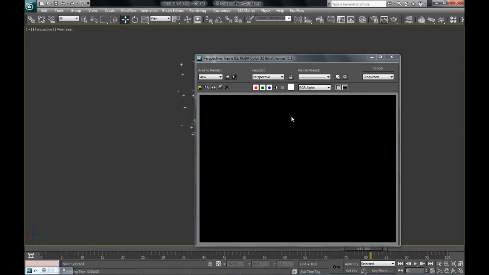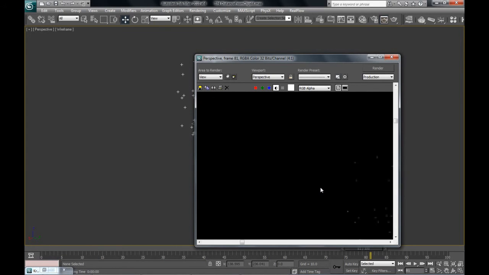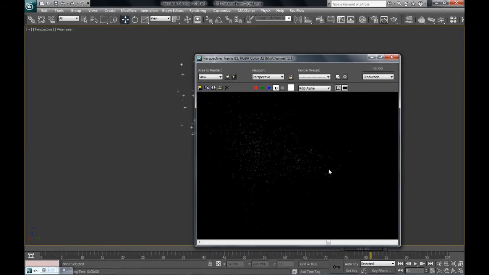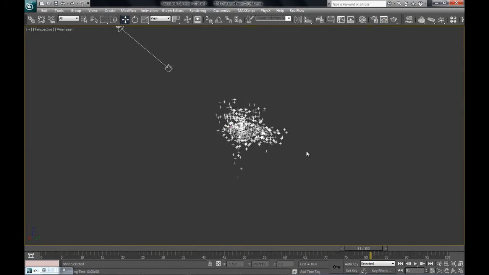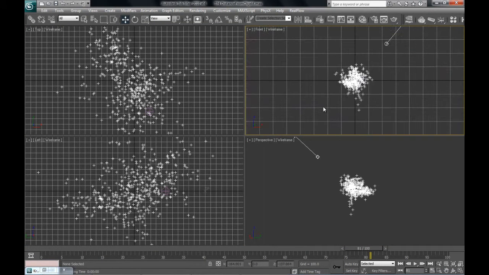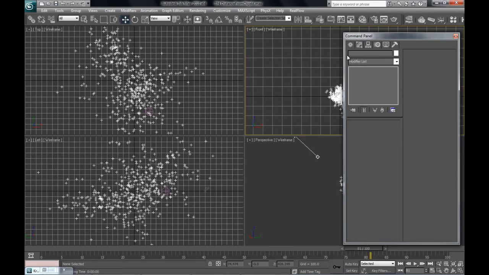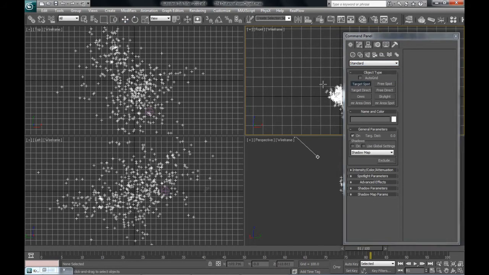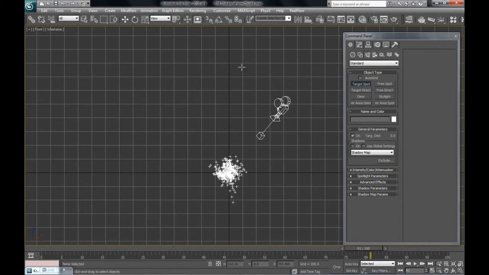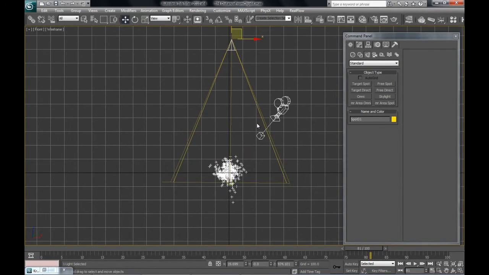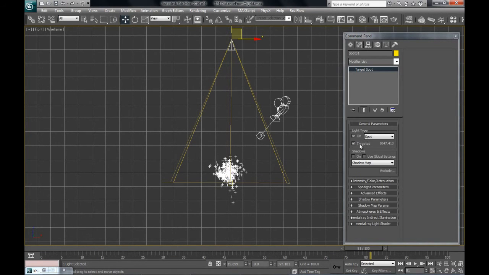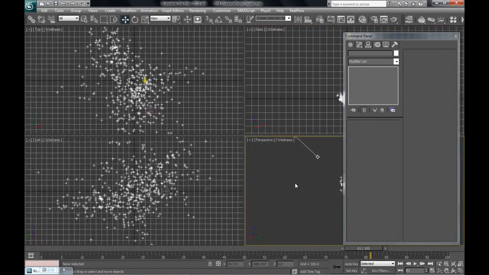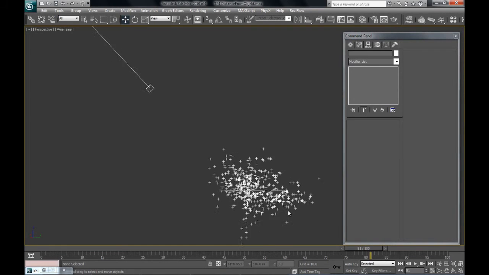Well, it did render, and it has particles, that's for sure. Oh, actually Krakatoa needs light data, so you need a light inside the scene. So I'm going to create a new light, probably a target spot, make it go up and point it down, and I'll make it not targeted so I don't have to see that thing all over. And now if I render this,